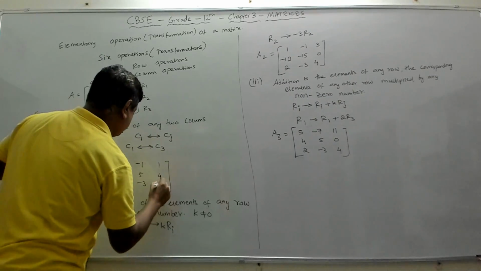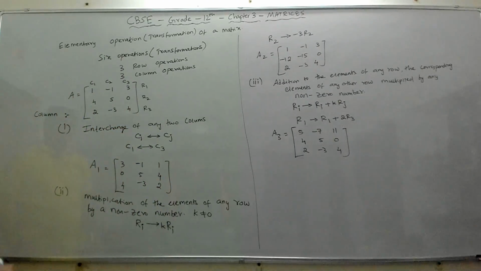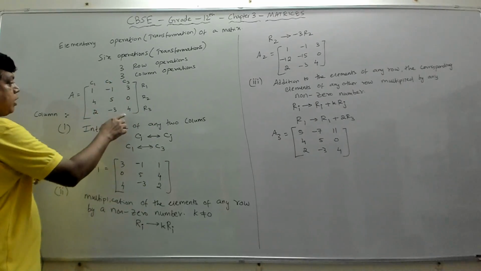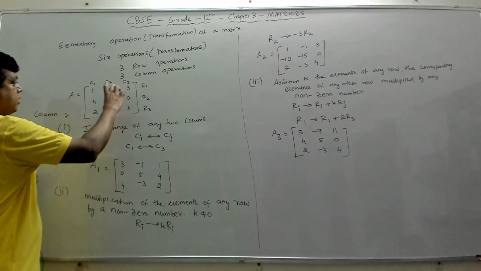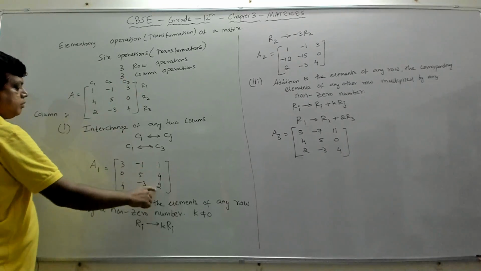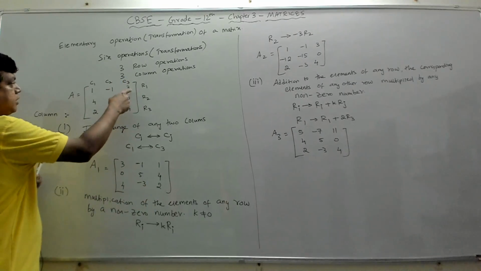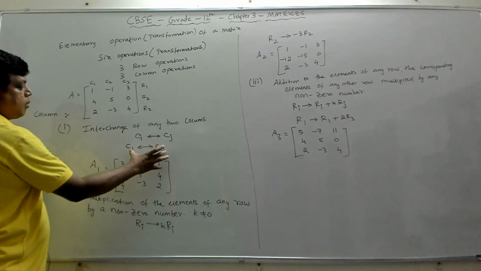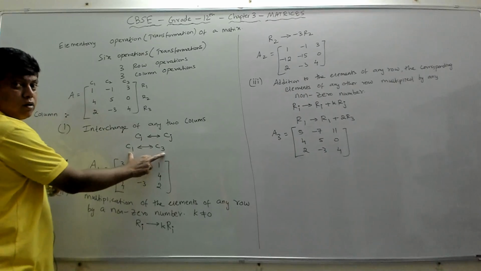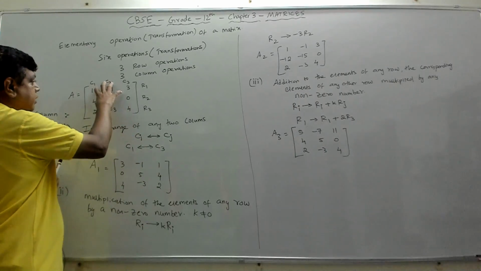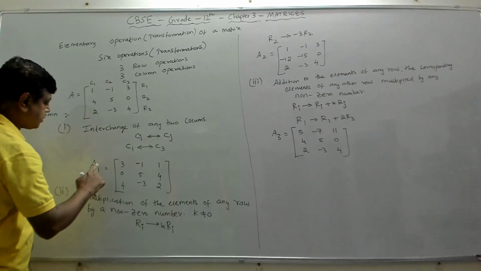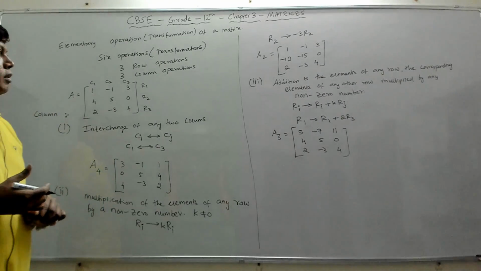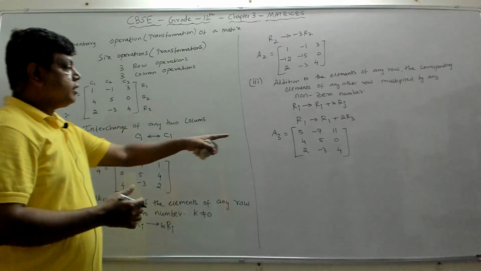1, 4, 2. Right? So we have applied this operation on this matrix and we got this, wherein we interchanged, we moved C3 to here and C1 has come here. 1, 4, 2 which is C1, and C3 has moved to the position of C1. So because we have applied this column operation on this matrix, we got this matrix. So I'll call this probably A4. Right? Because we had A3, so I'm just continuing.